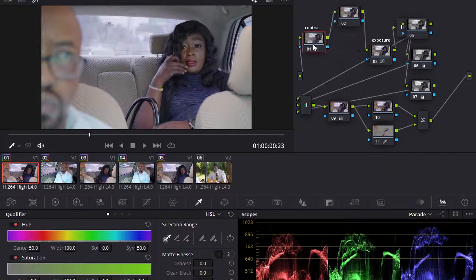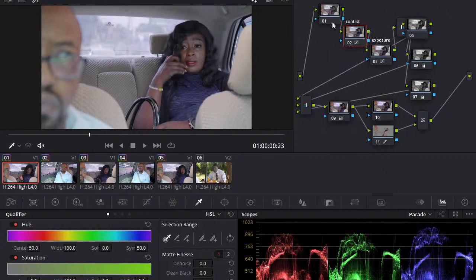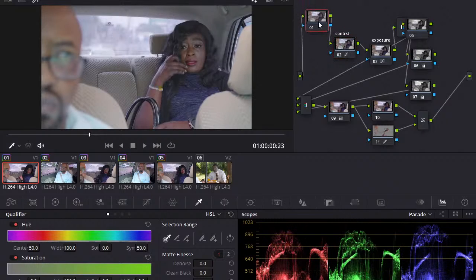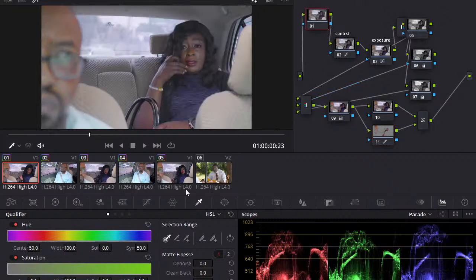I think I need this to be the first node, so I'm going to select this, and this should go there, like that. So the contrast. Now this is a feature of DaVinci, the paid version, to help your HSL qualifier make sure that it does the right selection.